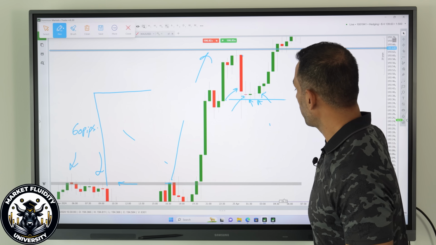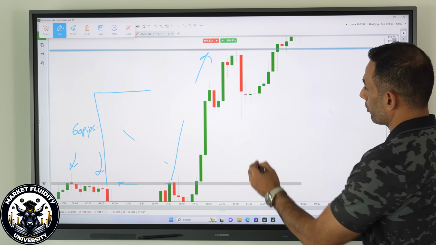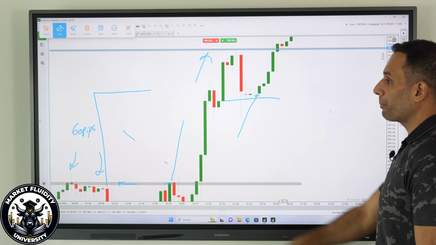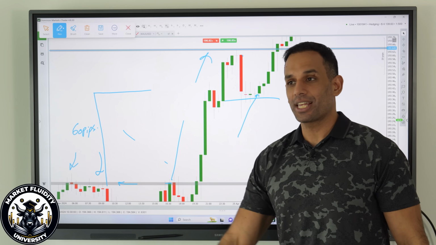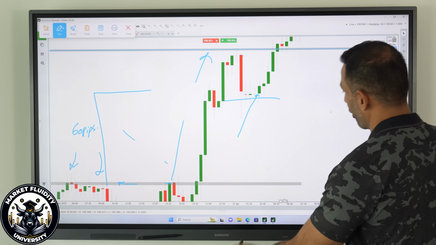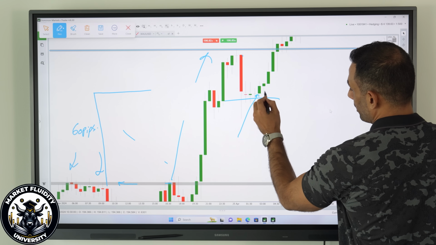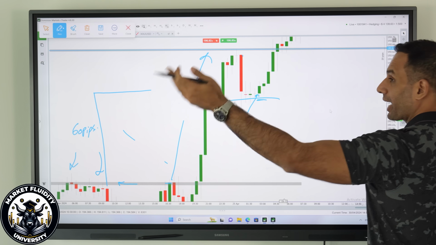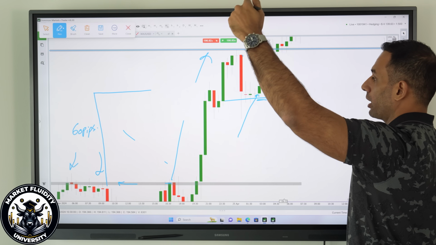Now we've got the strong body bullish candle, let me highlight this. So we have a strong body bullish candle forming. Can we take a buy? Yes. Can we take a sell? No. Support formed. So you take a buy, and the stop loss we know is below the previous candle, and you're expecting the candles to make higher highs and higher lows.